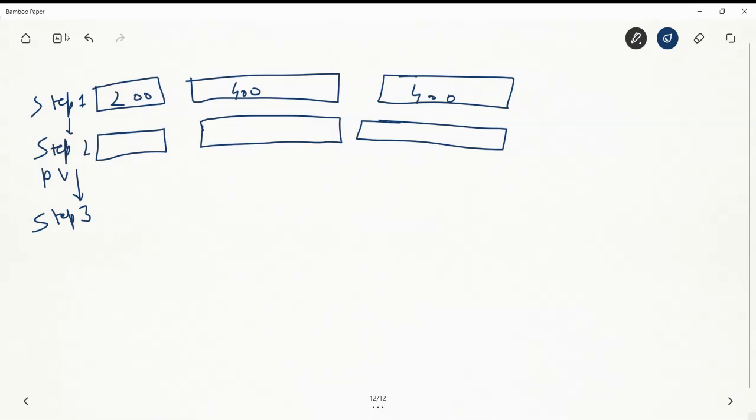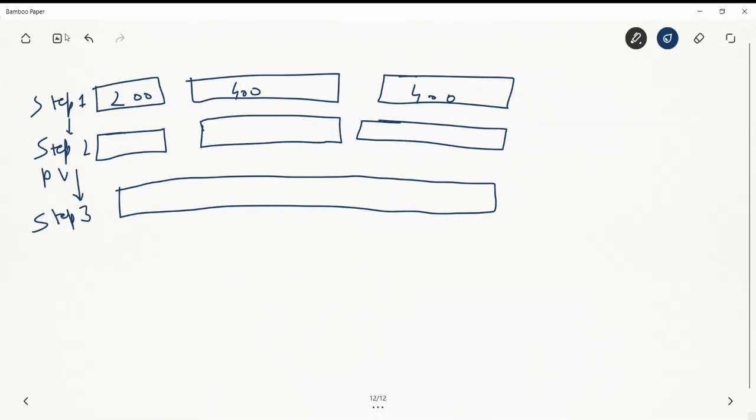These partitions were of 400, 400, and 200, so 400 plus 400 plus 200 becomes 1000 MB. So we create a group of 1000 MB. This group is known as a volume group.